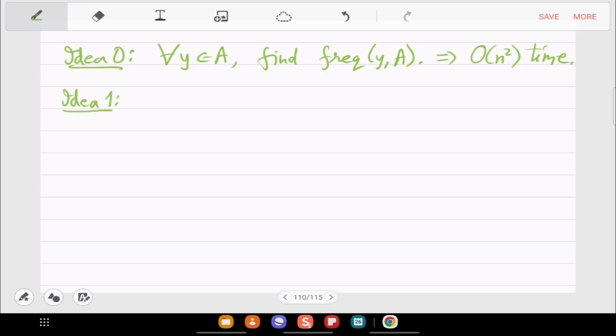If you can sort, if sorting is allowed by the array or by the universe of elements, then you can do it in order n log n. But what we want to do in this class is solve this in a single scan. Not only order n, but we want to just scan this array once and find the majority, half majority.